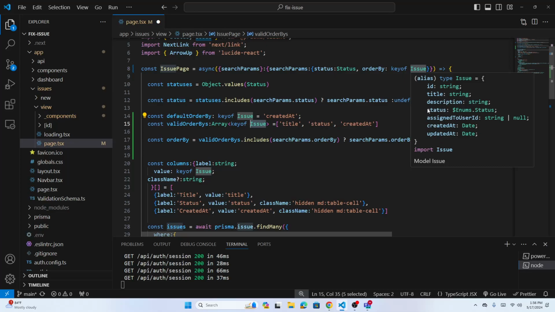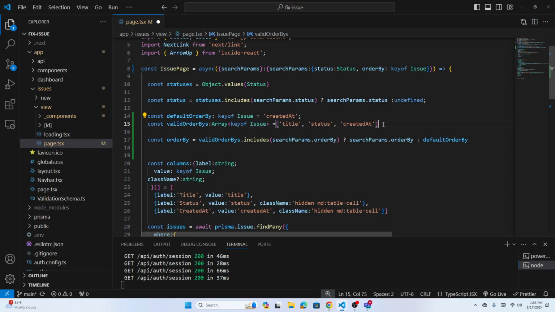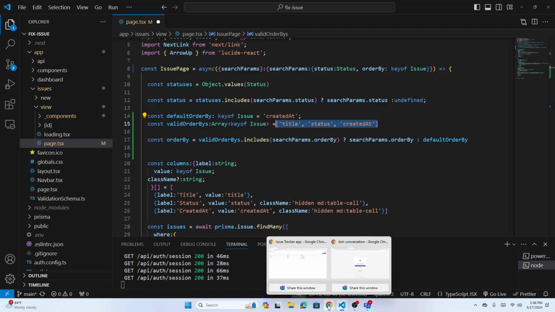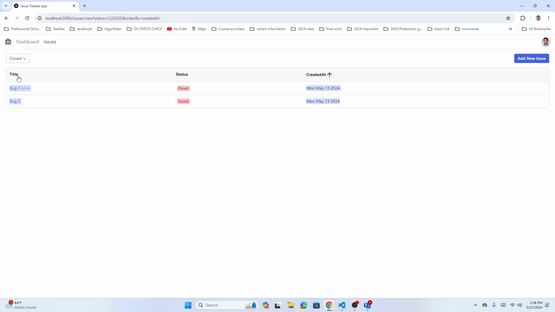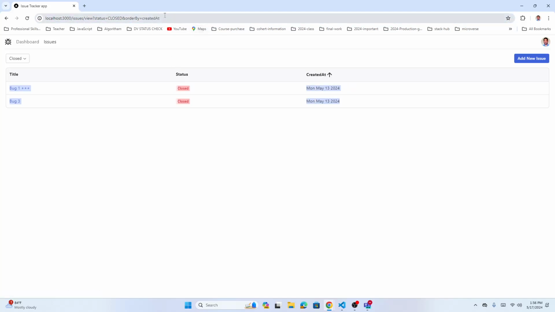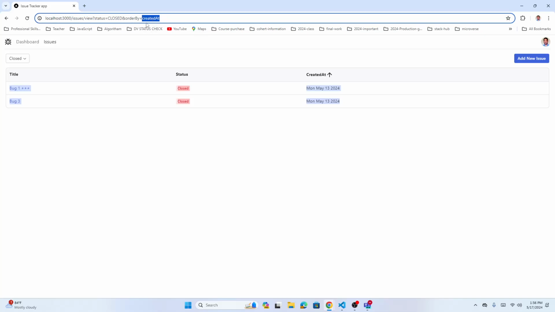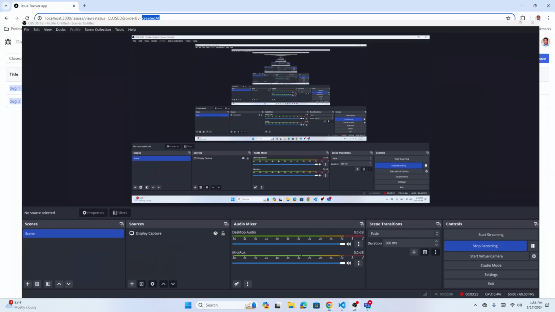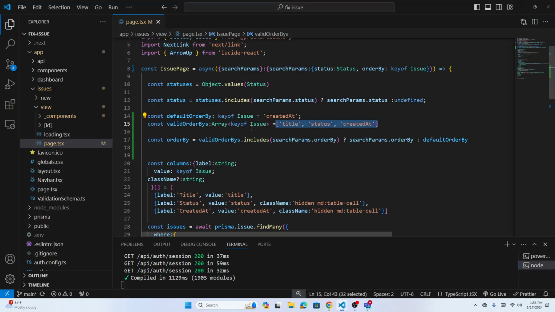Okay, so I built one array again, because I'm going to need title, status, and createdAt, right? Remember, when we click here on title, you're going to get this value, right? This title or status and createdAt. So I just built the array of all these three keys. Why have I done that? Now, once I have this array ready, stored in this variable,